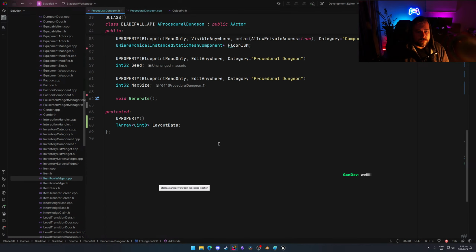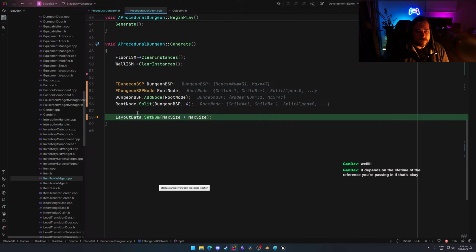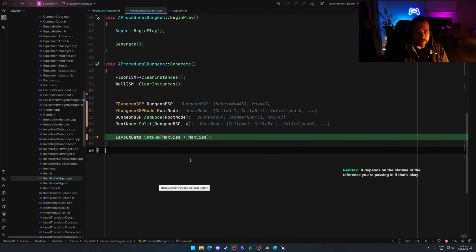The lifetime of the references I pass in, it basically lives within the lifetime of this function, I believe, because I'm putting them on the stack. The actual BSP should, as far as I know, get cleaned up at the end of this, unless I'm wrong about that. That won't work. So